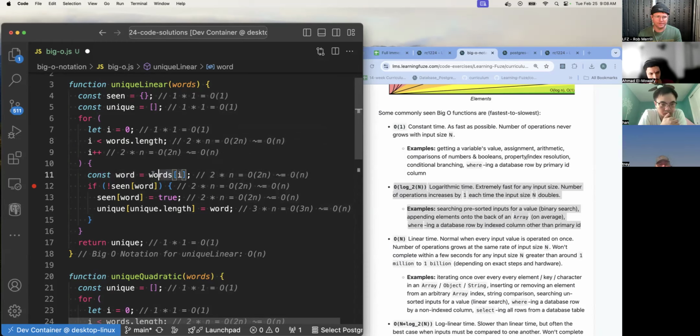And that's being assigned to the variable word, and that's a second operation. And that has a big O complexity of O of 2n,